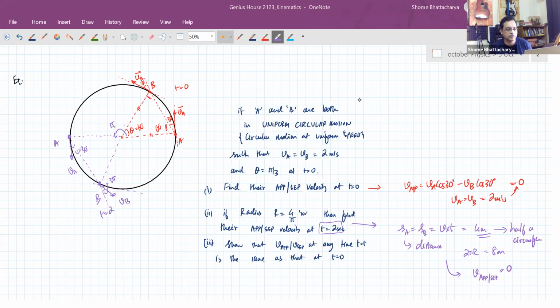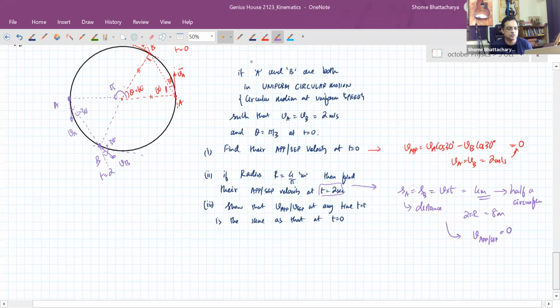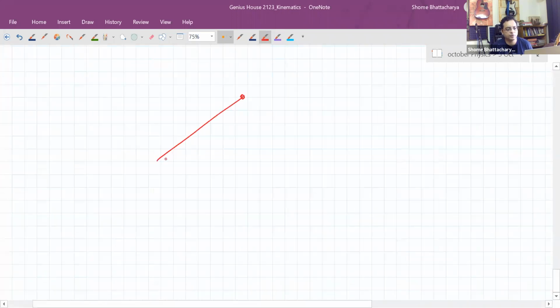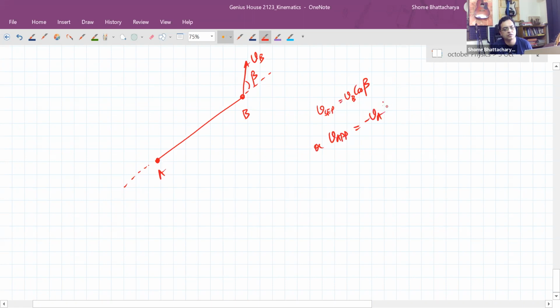Okay, so Bhavik, I'll explain this thing once again. We'll come back to this diagram, but in general, suppose I have two particles located like this. This is the line joining them. Now suppose this one has a velocity like this at an angle beta. What is happening as a result? They have a separation velocity of VB cos beta, or you can say they have an approach velocity of minus VB